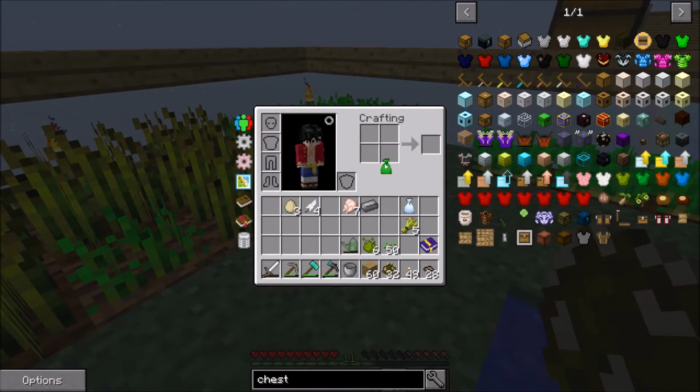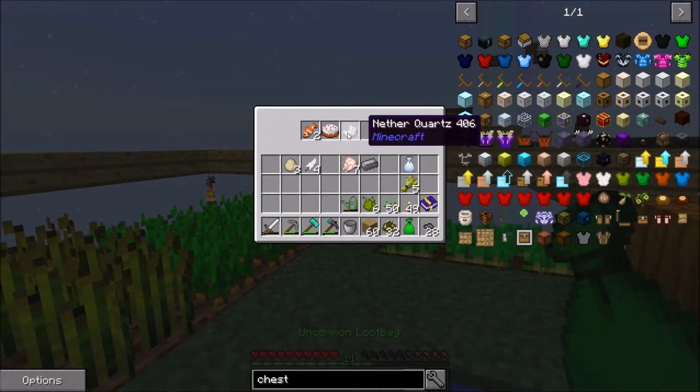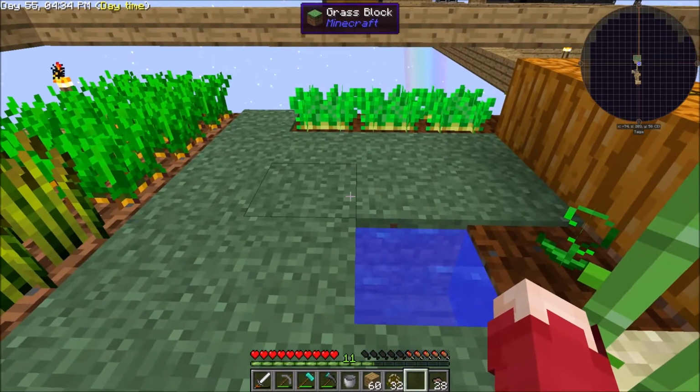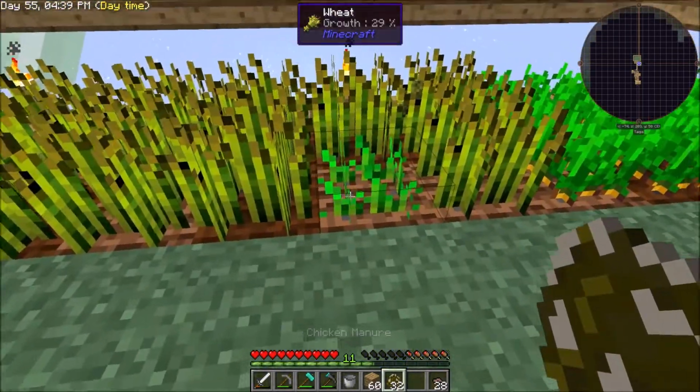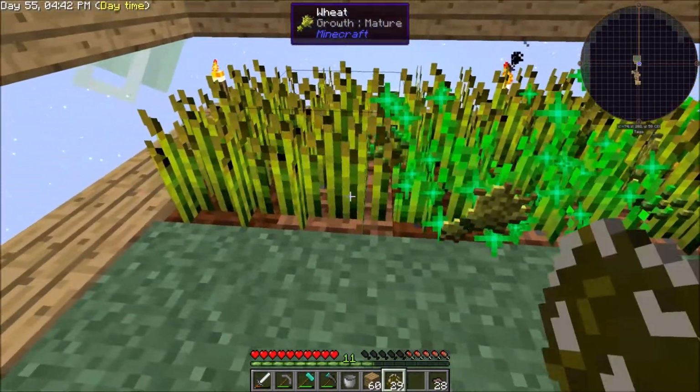Ooh, is that an uncommon loot bag? Ooh, hold on. Let's do this real quick. Bam! What did we get? Cake. Okay, that was lame. I didn't even know I had that. But check it out, the chicken manure. You can use it to make